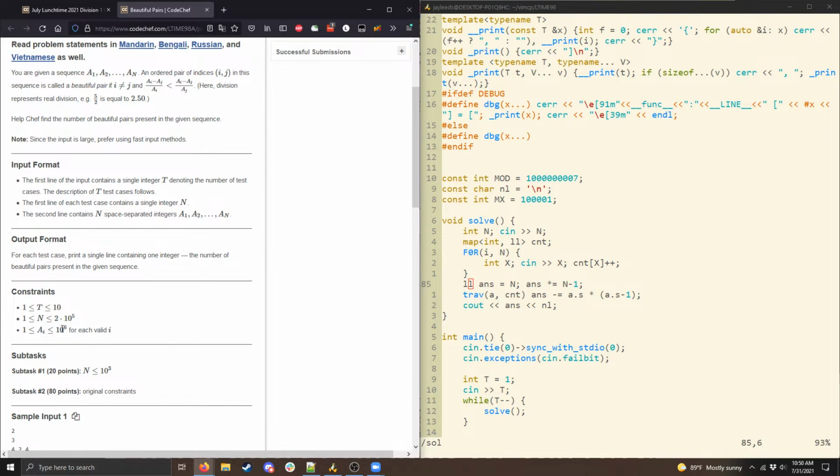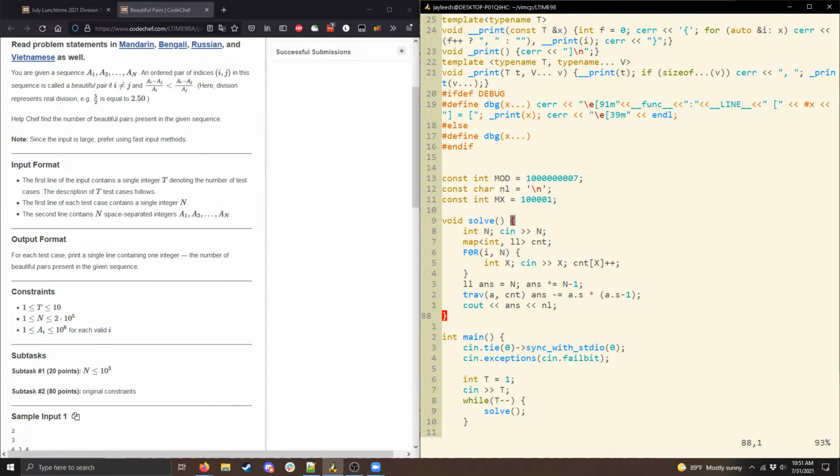And so in C++, you need to use this sync with standard IO 0 command here, or some variation on it, although C++ is usually less bad about input than other languages are. But it's particularly important in Java, because in Java, you're going to definitely TLE in this problem if you're using Scanner, and so you have to use BufferedReader instead. And I don't know what the details are for Python input, but you would need to be careful about reading input in Python as well.